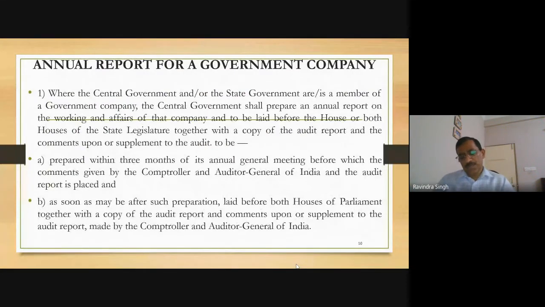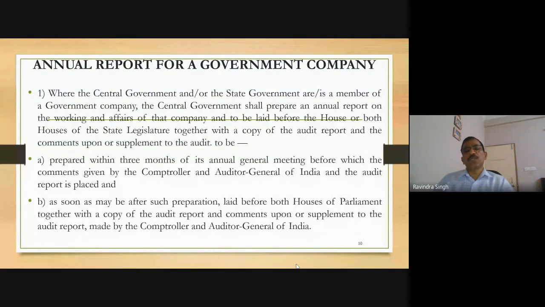जब बात आती है, ये तो आ गया पब्लिक सेक्टर और प्राइवेट सेक्टर के लिए। अब गवर्नमेंट सेक्टर के लिए थोड़ा सा इसमें चेंज ये होता है कि जब ये रिपोर्ट तैयार करते हैं, एनुअल रिपोर्ट तैयार करने के बाद इसको ये पहले हाउस में प्रेजेंट करते हैं, और यह सब जो रिपोर्ट तैयार किया जाता है बाय द सीएजी, कंट्रोलर एंड ऑडिटर जनरल ऑफ इंडिया, who is the competent authority, where the central government and the state governments. मान लीजिए कुछ ऐसे प्रोजेक्ट्स हैं, कुछ ऐसे हैं जो कंकरेंट लिस्ट में है, तो there both the governments are included, otherwise the state is separate and central government is separate. Is a member of a government company, NHPC, NTPC,